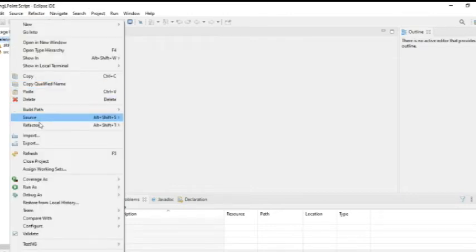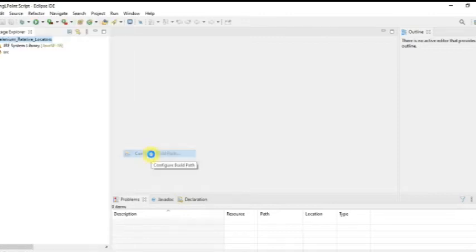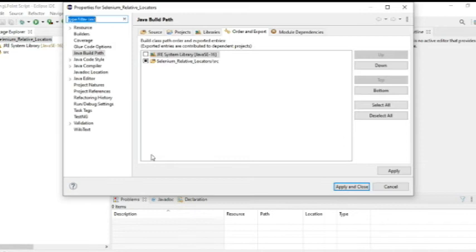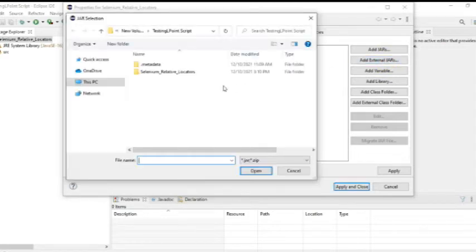Once you click on the project, you can see there is a build path. Go to the build path, click on configure build path, and click on your project. Okay, go to the libraries and click on the classpath. Click on add external JARs and go to your